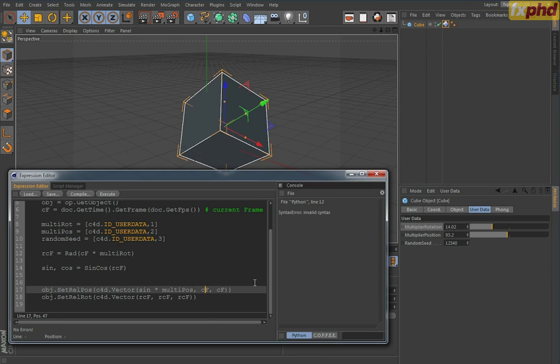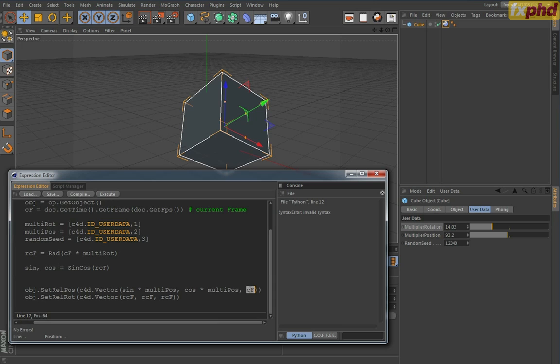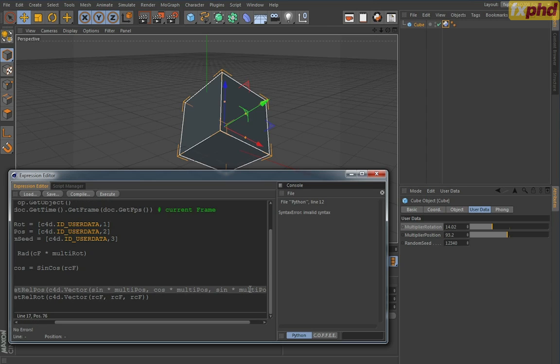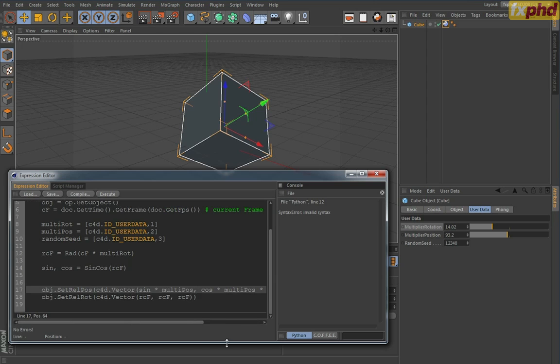Let's set the y to cosine times the multiplier, and let's set z to again sine times the multiplier, and let's make that, oh, I don't know, a bit more interesting, times 2. Okay, let's see what happens. Compile it, no error, execute,